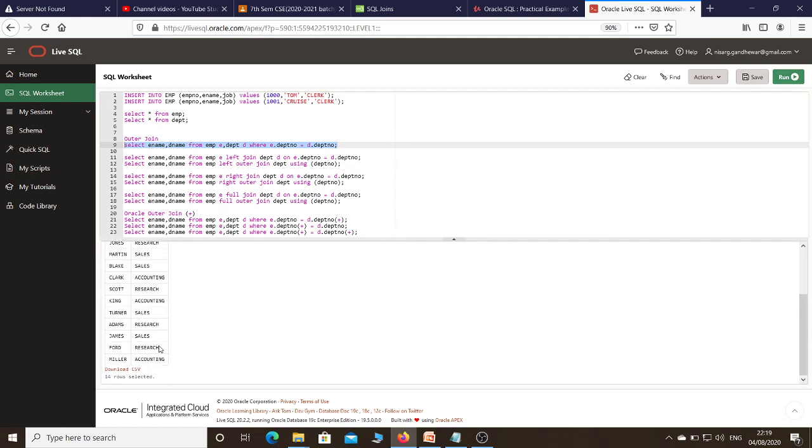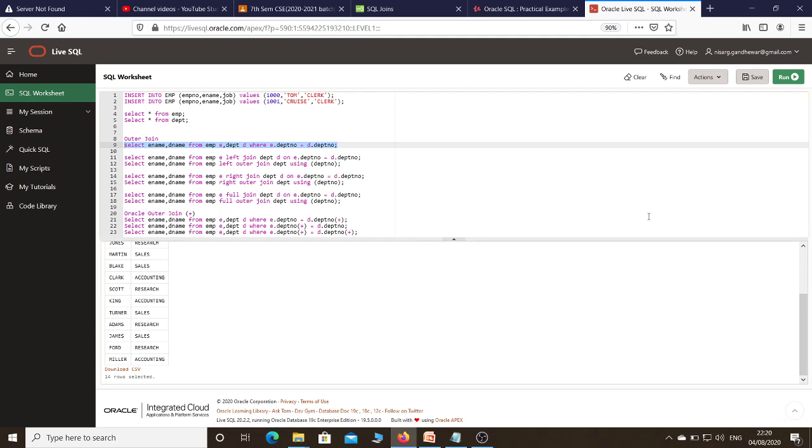This is an equijoin query, so I just execute it. You can see that I'm getting 14 rows whose employee name and department name are there, but what is missing over here? Tom and Cruise are missing. Why are Tom and Cruise not displayed in this list? Because they do not satisfy the condition, as a department number is not allotted to them.